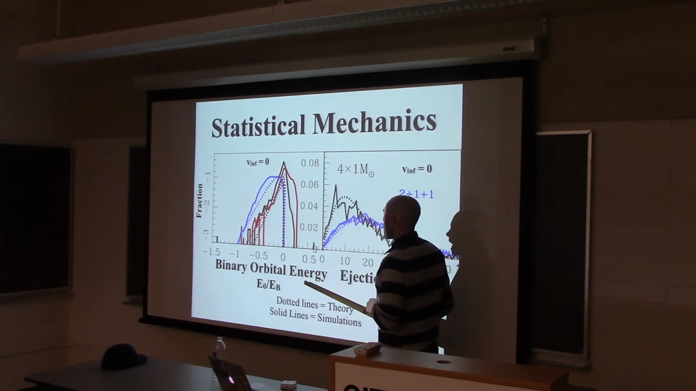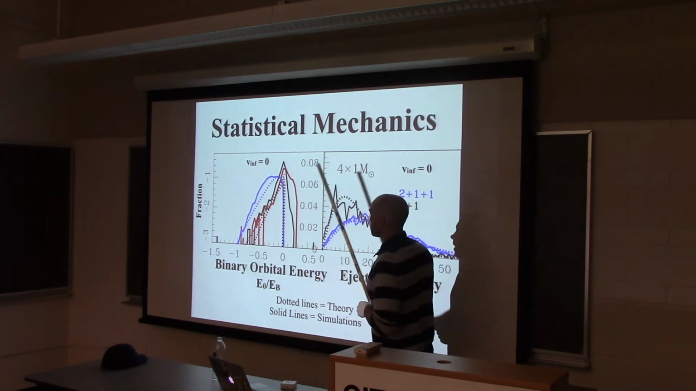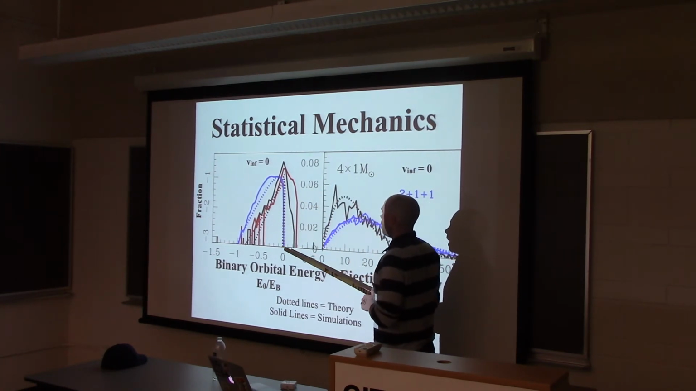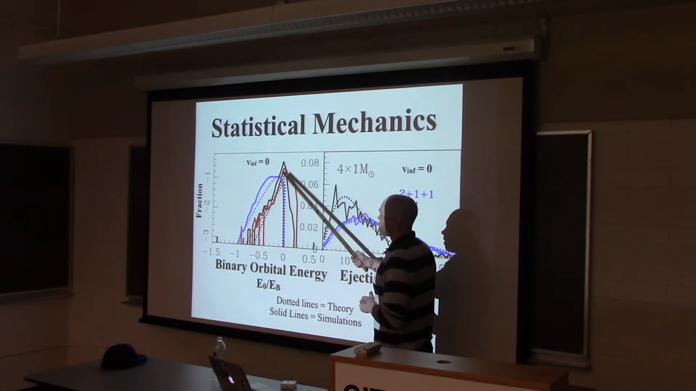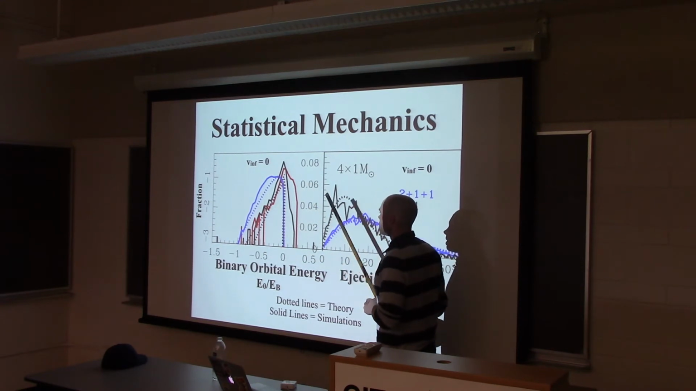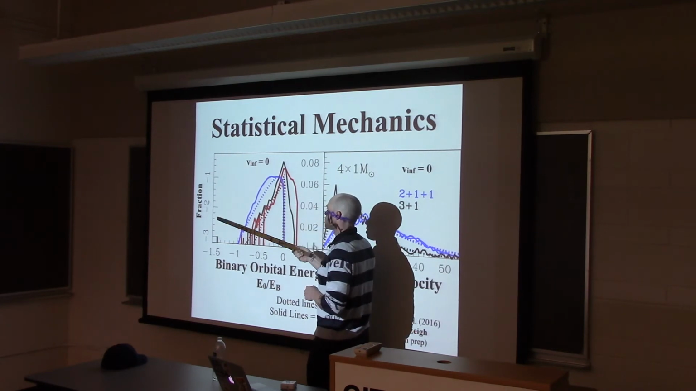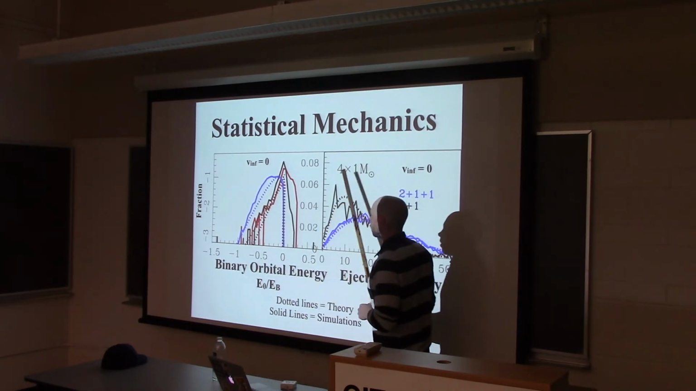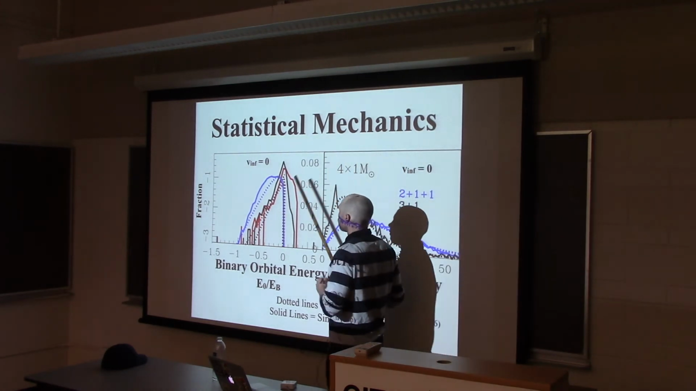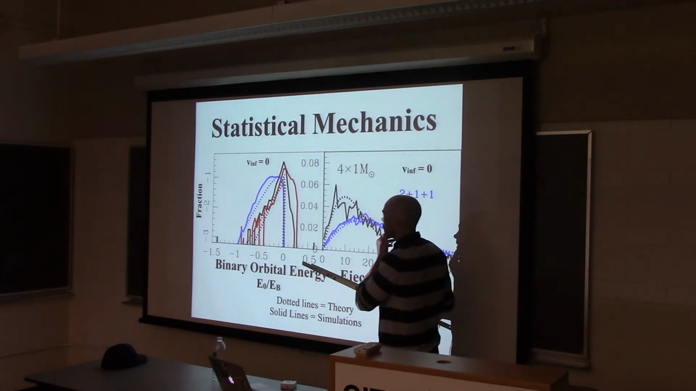On the left plot, on the x-axis, we have binary orbital energy of the most compact binary left over. So in the 2 + 1 case, it's just the 1 binary. In the triple case, this is the inner orbit of the triple. And in the 2 + 2 case, this is the more compact of the 2 binaries that are formed. On the y-axis, we have effectively number of simulations or a normalized fraction. So if we integrate the area under each curve, it'll be unity. And what we're finding is that we're able to predict the power law dependencies for these distributions of orbital energies